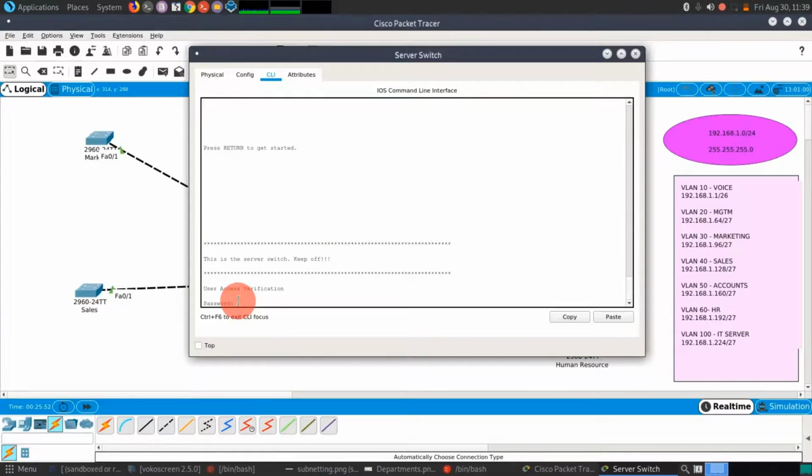In the last video we had started the basic design of an office network that involved at least 5 departments, that is management, marketing, sales, accounts, HR, and obviously the IT room, where you'll have the IT server, and this is where you'll be situated. Now in the last video, apart from setting up the switches, we saw how to set up the console password, how to set up a banner, how to log in, and also how to basically set up the network by